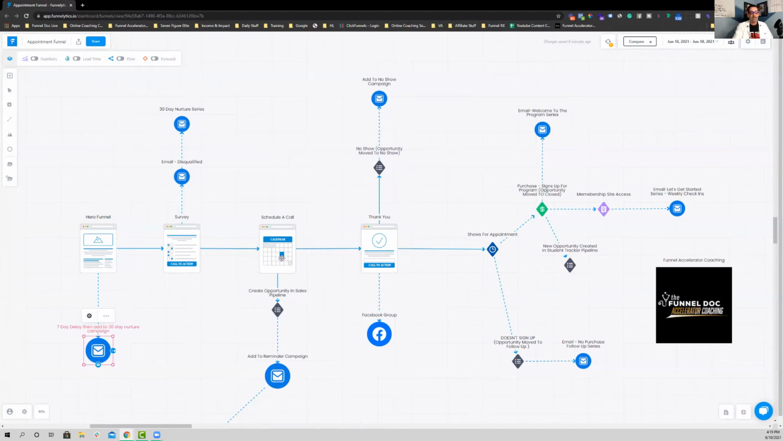If they're qualified, they're going to go on to the schedule a call page. If they're disqualified, they're going to get the disqualified email, and they're still going to go to this 30-day nurture campaign. They'll, of course, be removed out of here and added. It's the same one. This one's just delayed this way. If they're disqualified, they get instantly to it. And that's only because